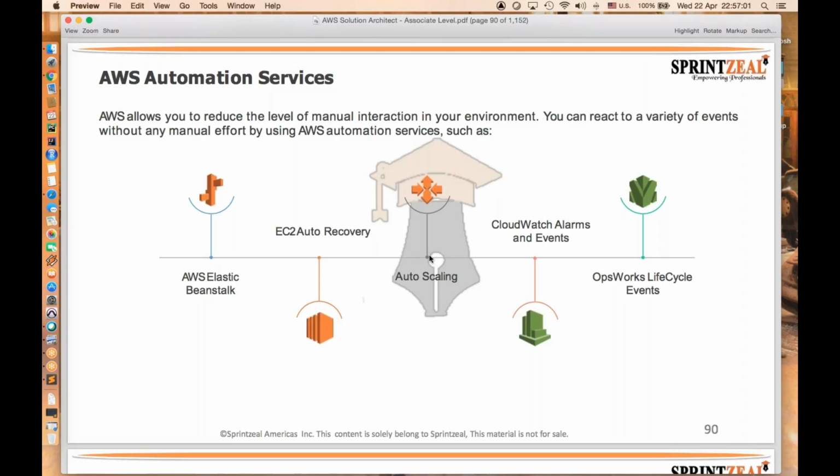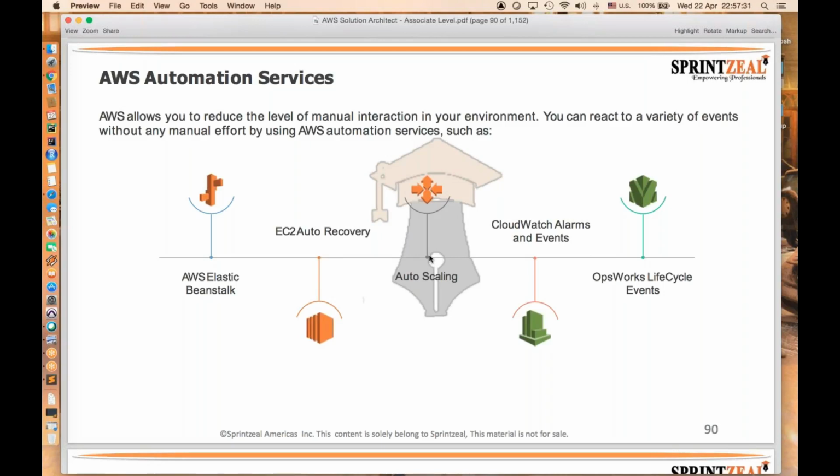Elastic Beanstalk will take your request, understand how the request can be processed, and how it can be processed in parallel. Beanstalk will take care of those requests.